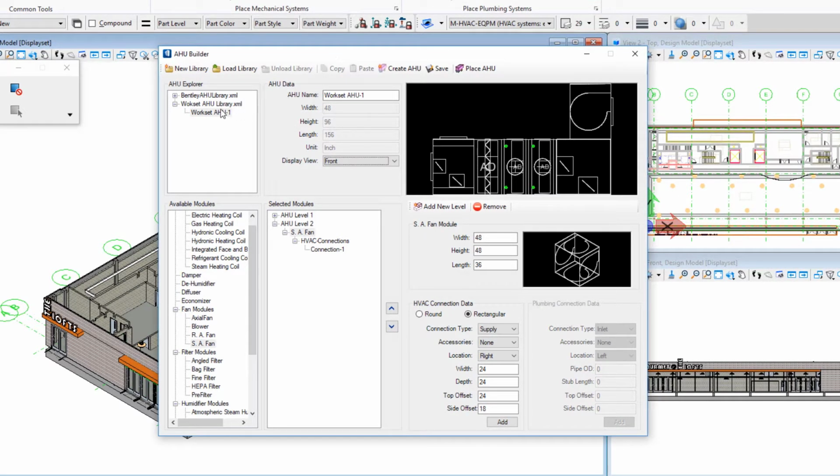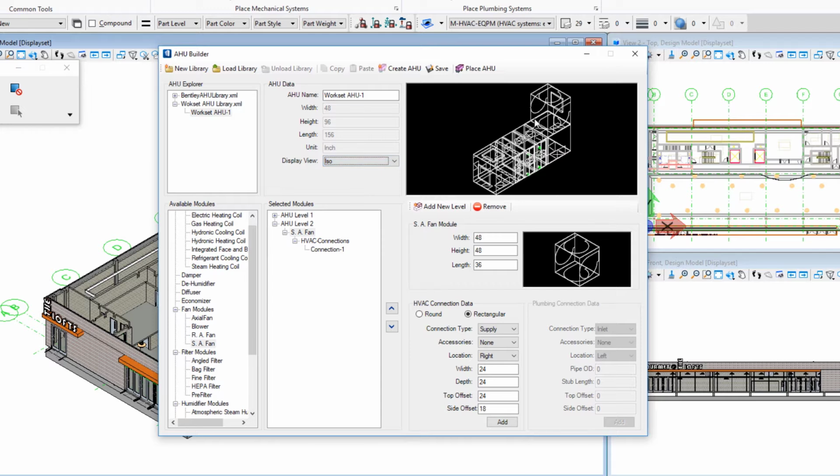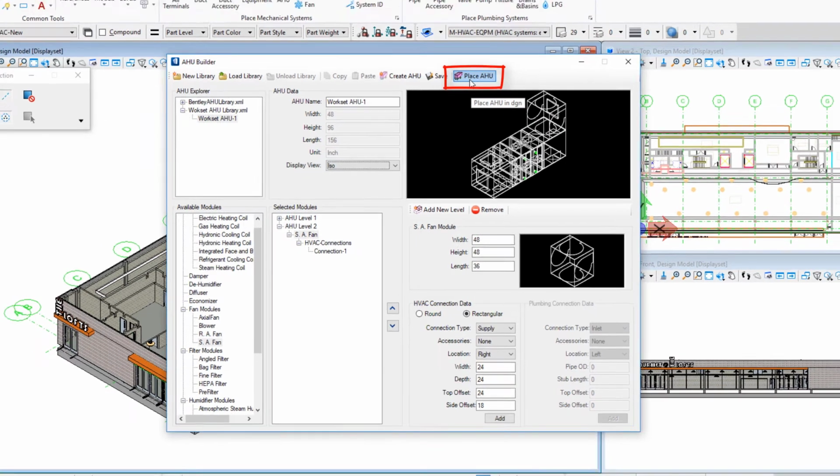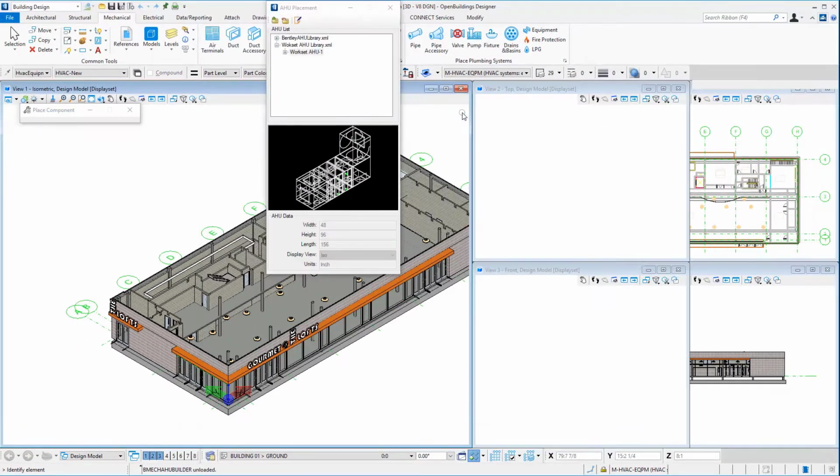We can see I've got my library that was created and my air handling unit that was created. And here we see the preview of it. I'll rotate the display view to an ISO view. And right from this dialog box, we've got a Place AHU tool right here. So if I choose that tool,